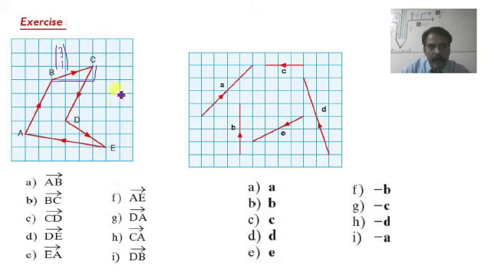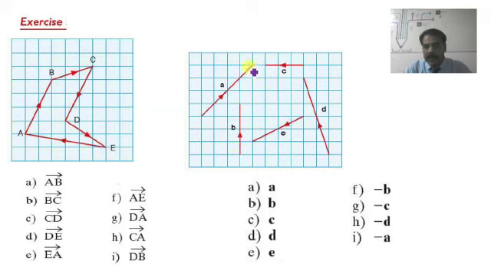Say for example, if you have to find out vector CD, C to D. So we can see that in order to reach from point C to point D, first we have to move left. So if you go 2 steps left and then 1, 2, 3 and 4 steps down, we will reach point D. So CD vector is (-2, -4): 2 steps to the left, and 4 steps in the downward direction. That is the column vector for CD. Is that clear? Similarly, you can find out the remaining vectors with the help of this diagram. The concept is also clear now.